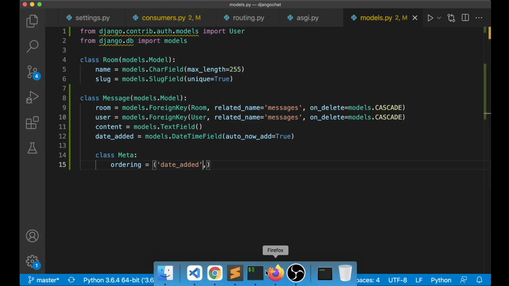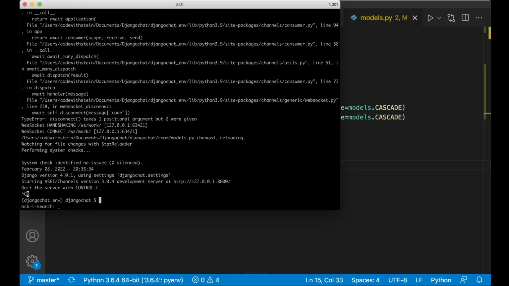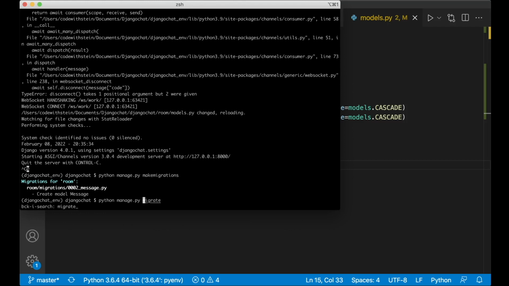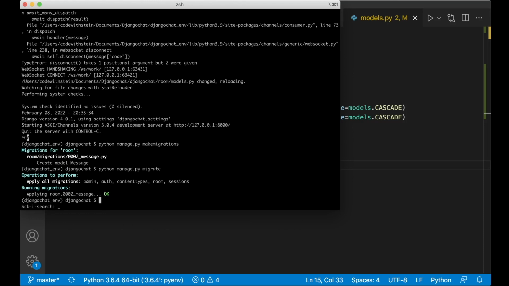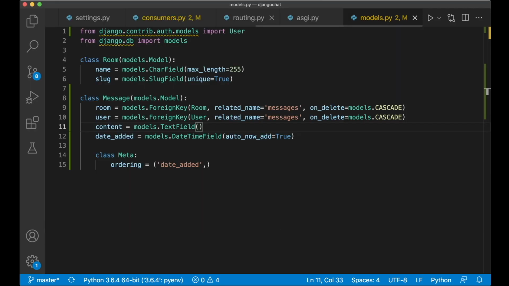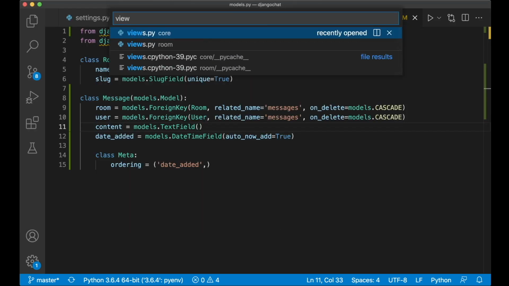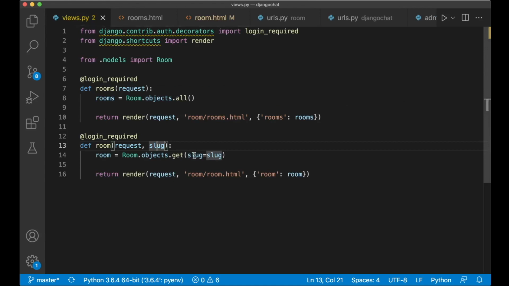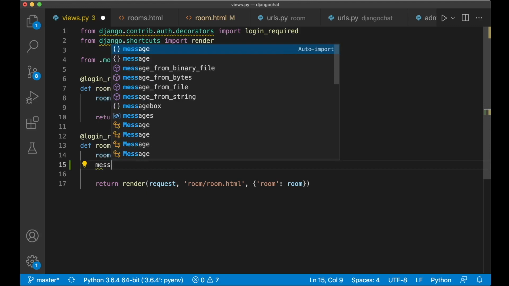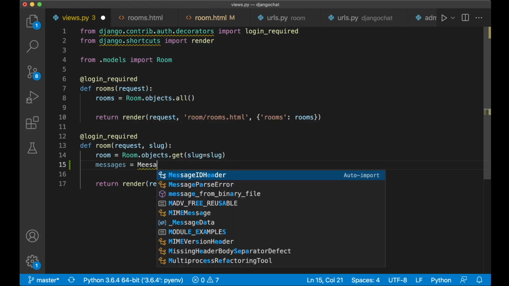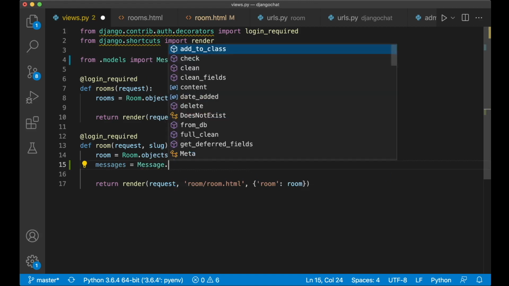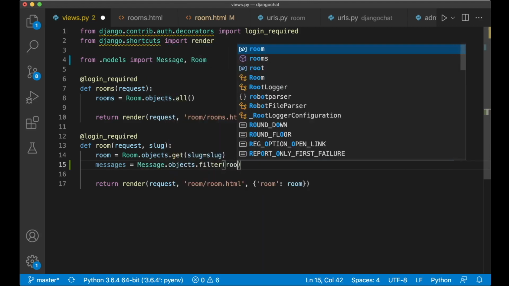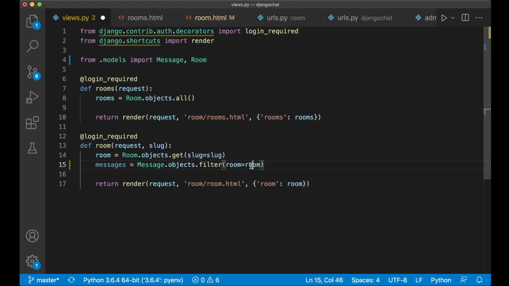So then I can update the database by saying python manage.py makemigrations and also the migrate script. Great. So then I can run the server again. So if I then open up views.py in the room app, here where we get the room, I also want to get the messages. And to get them, I can say messages equals Message.objects.filter(room=room), so we get all of the messages connected to this room,